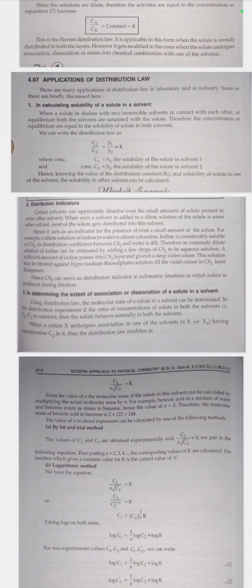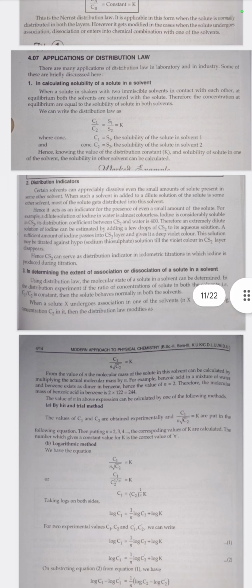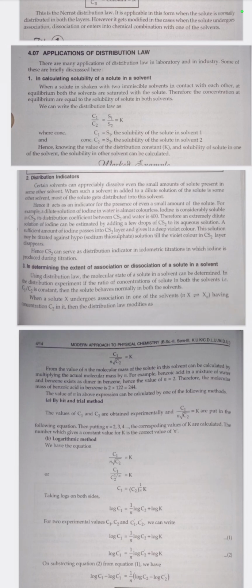Third is in determining the extent of association or dissociation of a solute in a solvent. Using distribution law, the molecular state of a solute in a solvent can be determined in the distribution experiment. If the ratio of concentration of the solute in both the solvents, that is C1 by C2, is constant, then the solute behaves normally in both the solvents. When a solute X undergoes association in one of the solvents, nX in equilibrium with Xn having concentration C2 in it, then the distribution law modifies as C1 by nth root of C2 is equal to K. From the value of n, the